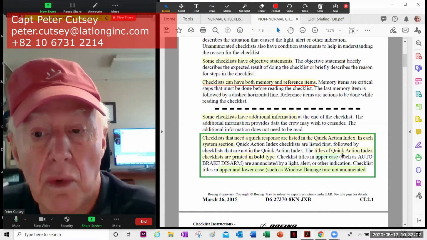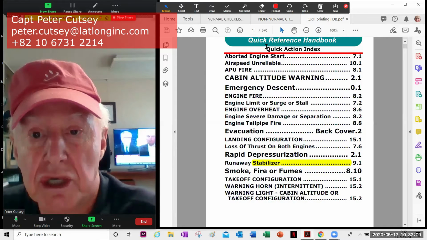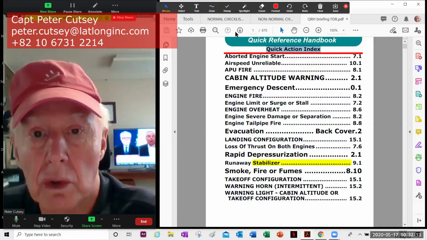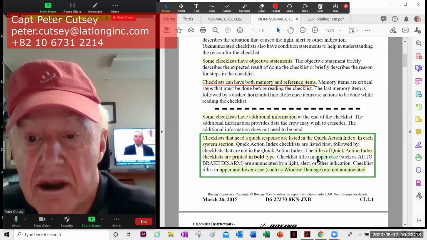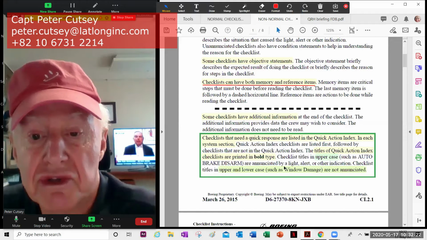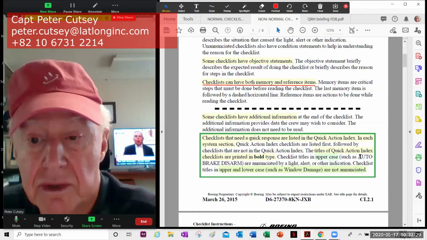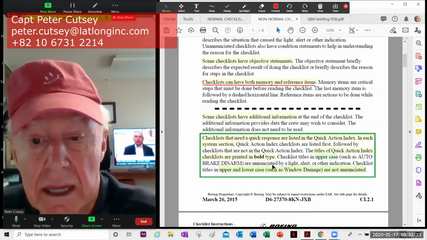The titles of a Quick Action Index are printed in bold type. This is the Quick Action Index. Here it is, and everything is in bold. Checklist titles in uppercase, such as AUTO BRAKE DISARM, are annunciated by a light. So that's a good way to know it. When the checklist is annunciated or is written in uppercase, it means it's associated with a light,